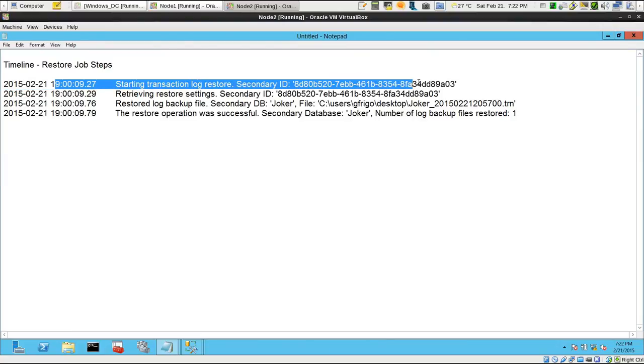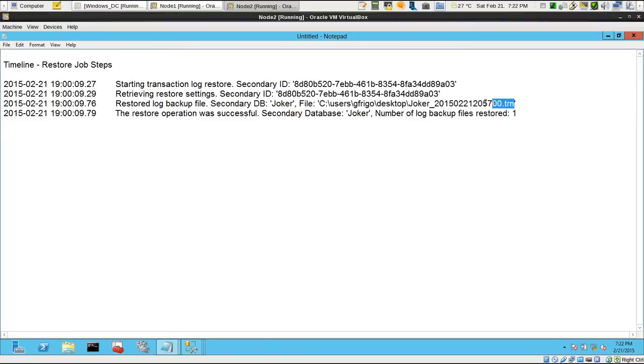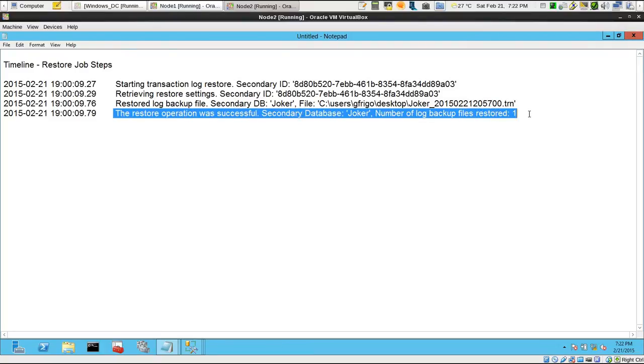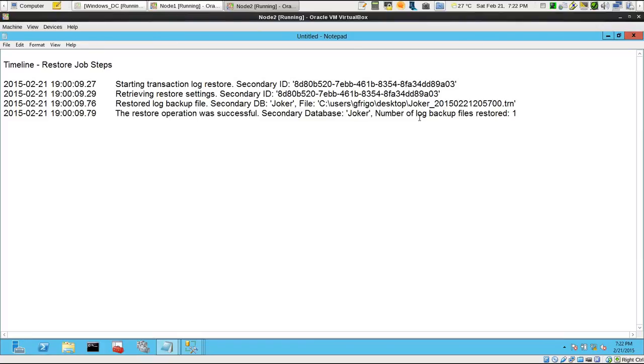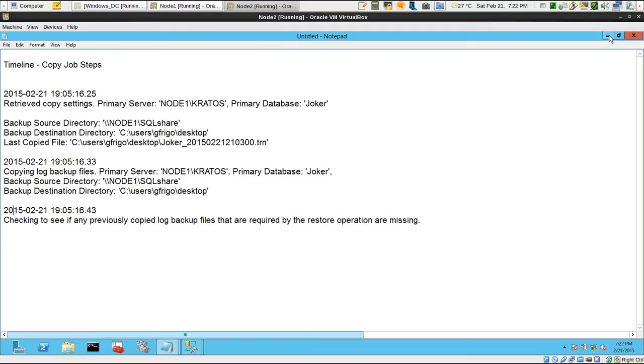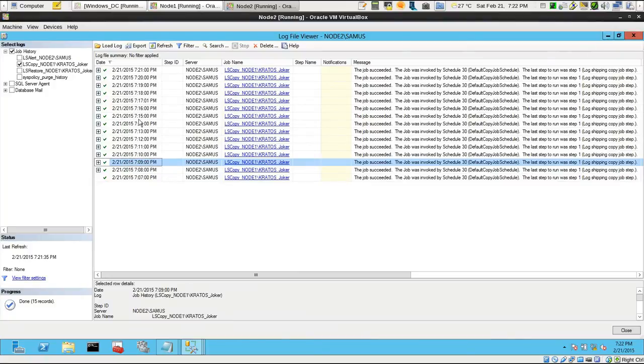Starting the transaction log restore, retrieve the settings. This is the file that it picked up on this specific job. It collected the output, and then it marks the restore operation as successful, and it says the number of log backup files restored is 1. Now, one thing that's tricky during the troubleshooting of log shipping is that sometimes there are no